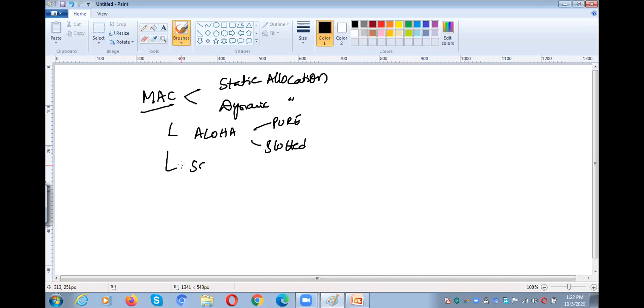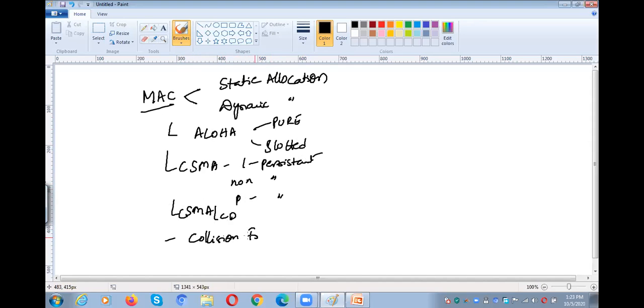And then under the CSMA, we have covered one persistent, non-persistent, and then P persistent. After that, we have discussed CSMA/CD, and then we have discussed collision-free protocols. Under the collision-free protocols, we have covered bitmap and binary countdown. So now we are going to discuss the